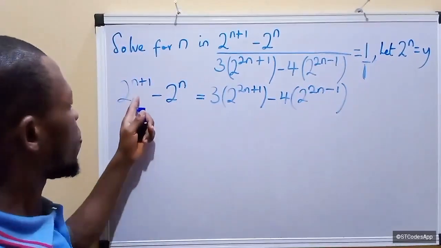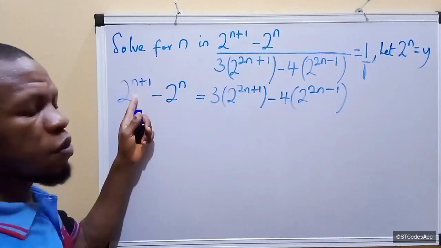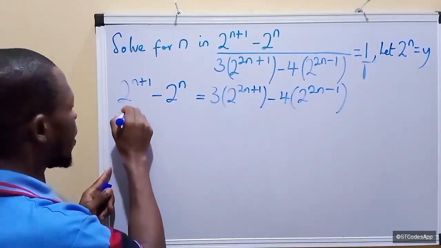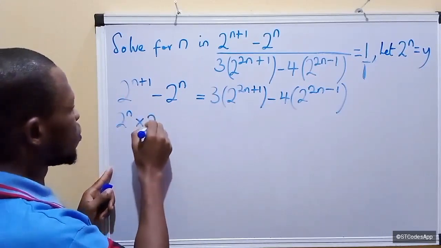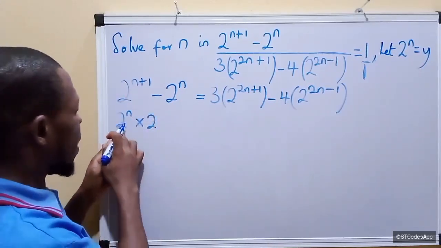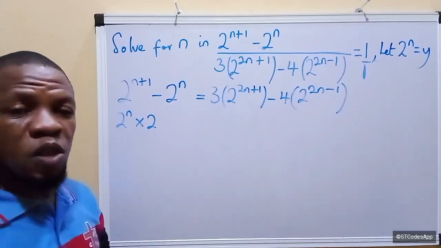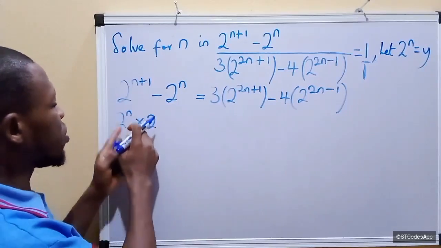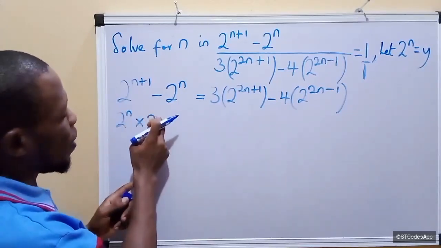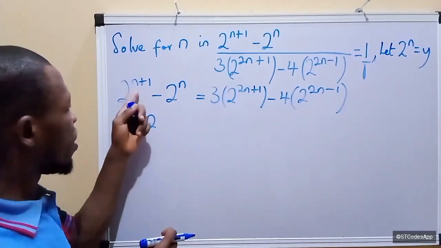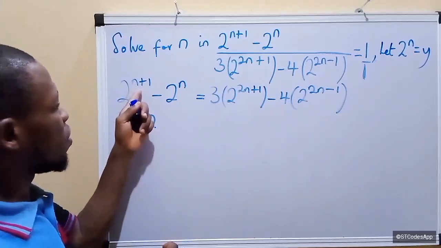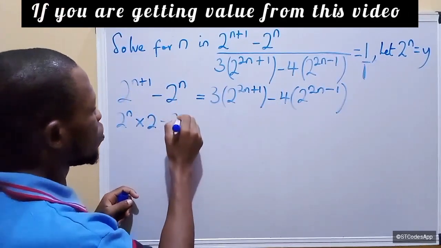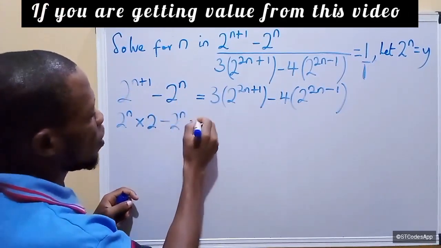Now let us expand this from the knowledge of multiplication law. This is the same thing as having 2 raised to the power n times 2. Because by the time I want to bring it together, apply the law of multiplication, since they have the same base, 2, I'm going to add the powers, which is n plus the power of 2 here, which is 1. And that will give us back what we have up here. Then I have minus 2 raised to the power n equal to